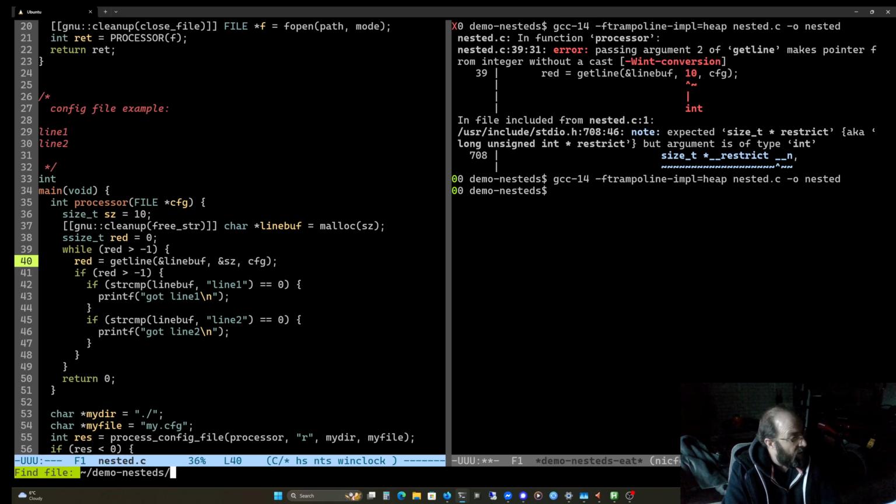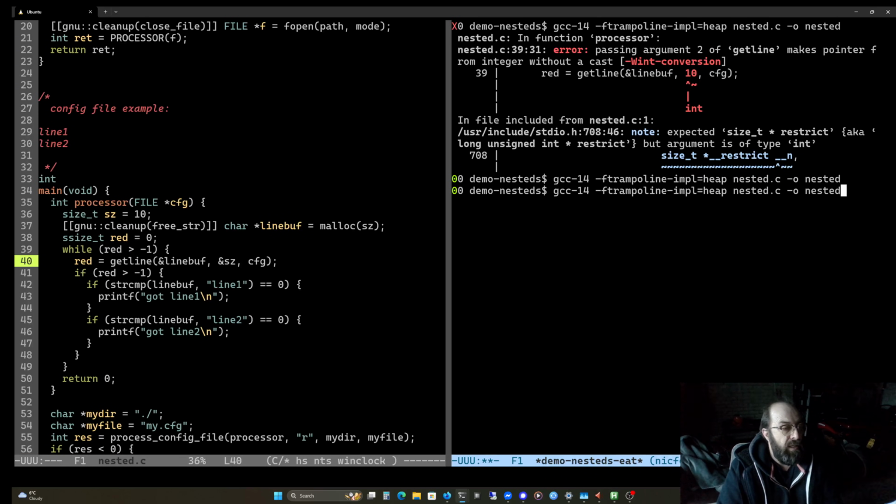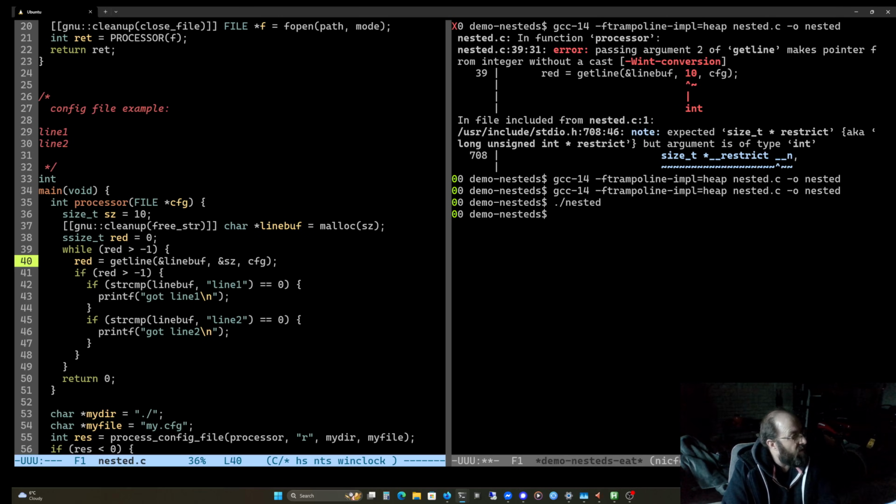Okay, so now let's make a config file. What's it called? my.config, and we'll have line 1 and we'll have line 2 for now. Okay, and we'll call GCC, right, we'll call nested. Okay, we didn't get anything, so why not?